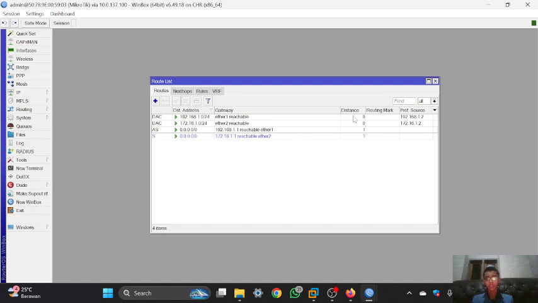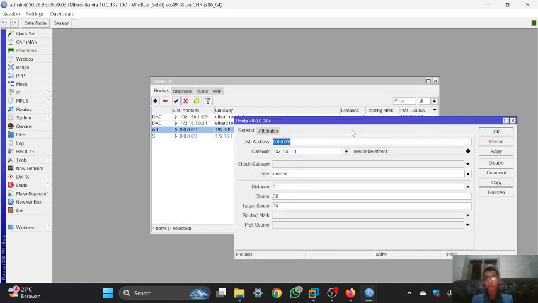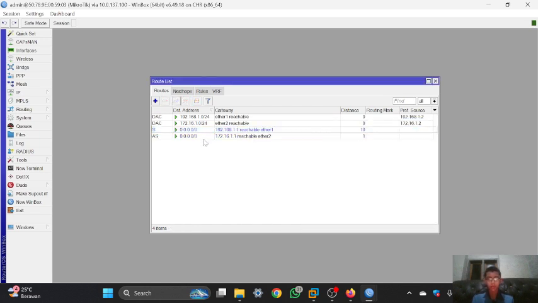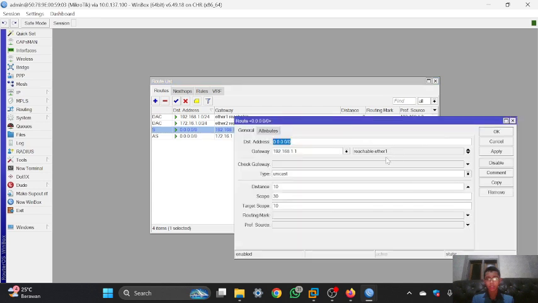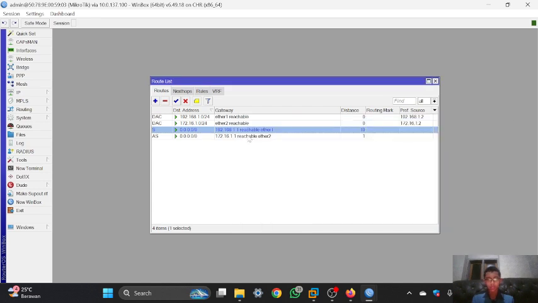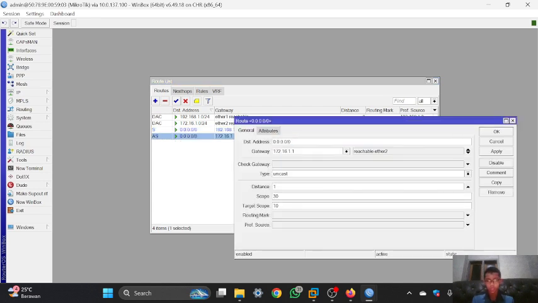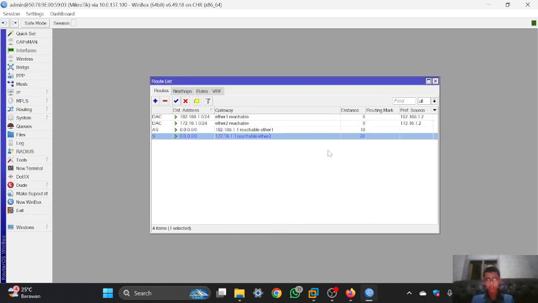So that means it is the priority. The bigger the number in the distance, the lower the priority. For example, in here I will use the distance 10, and you can click apply, and as you can see, the priority is the IP that connects to the ESP2. And if I try in the ESP2, I will set the distance to 20, and it will look like this.